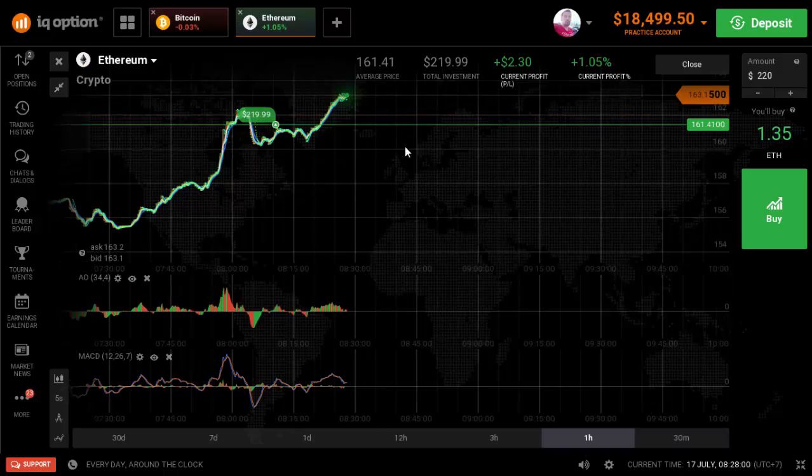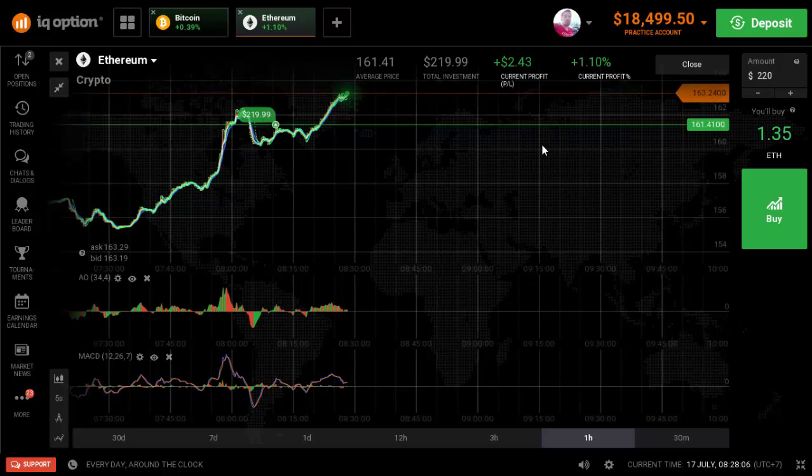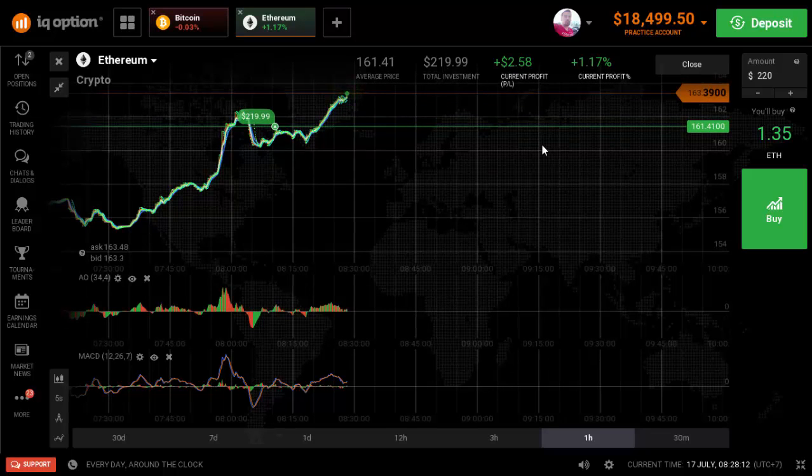Okay, so it's jumping around. Ethereum is more stable at the moment, 230 already. But yeah, I'm pretty convinced that you could make about $1,000 at least if you play 220. Well, that would be 220 on each currency, on each asset. So if you put down $440 and you play 220 on each one at the same